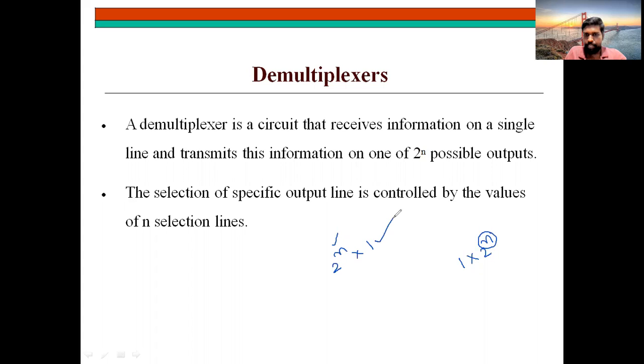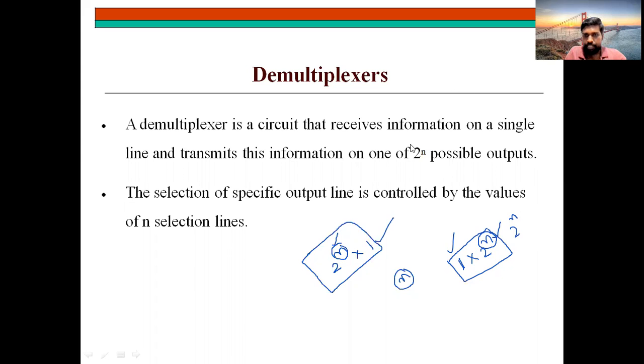Even in a multiplexer or a demultiplexer, the concept is related only to this n. What is this n? The selector inputs. The selector inputs help to select any one among these 2 power n, and that is transmitted over here. In the demultiplexer, these selector inputs will select where this single input should be reflected on your output side. We have 2 power n outputs, right? So where this single input should be reflected at your output will be selected by the selector inputs.